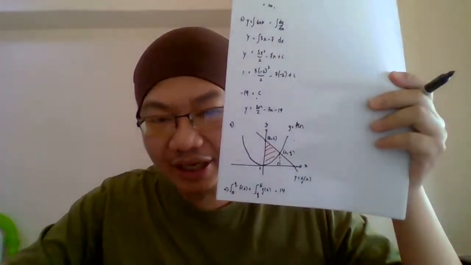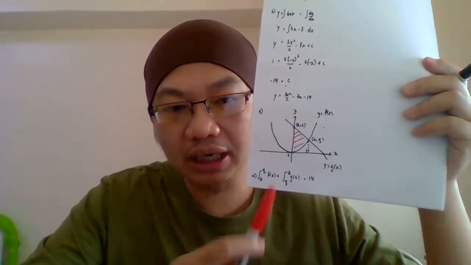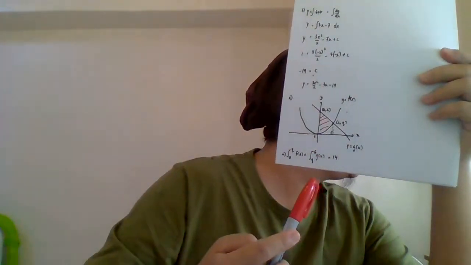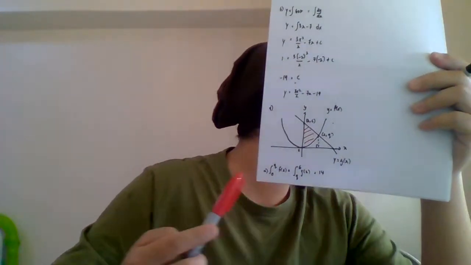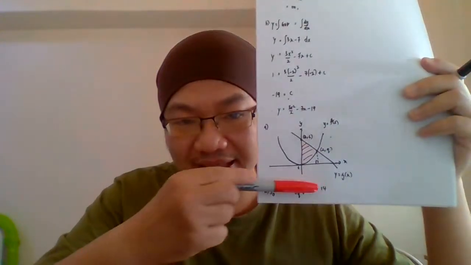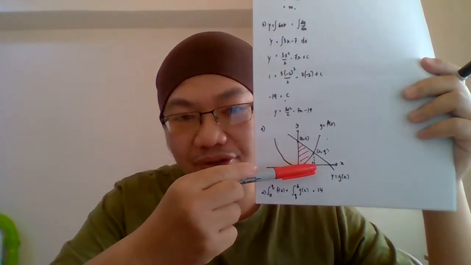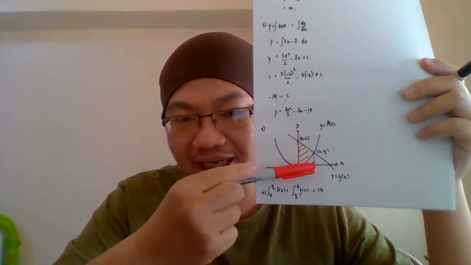Okay. Now, the question is asking: find the area bounded by the x-axis, the curve, and x equals to 2. This is x equals to 2, right? So